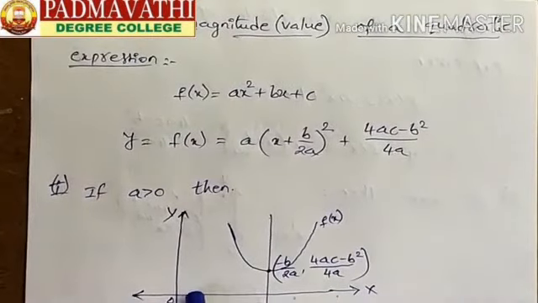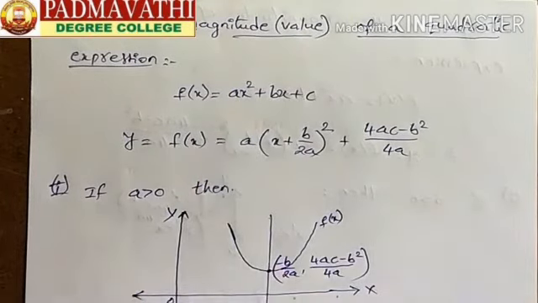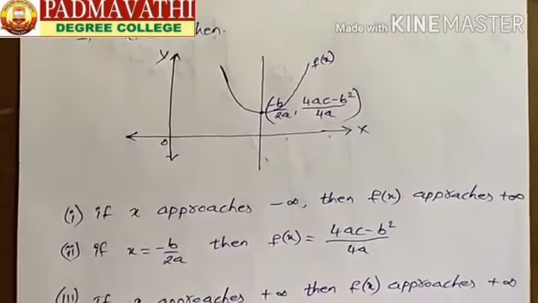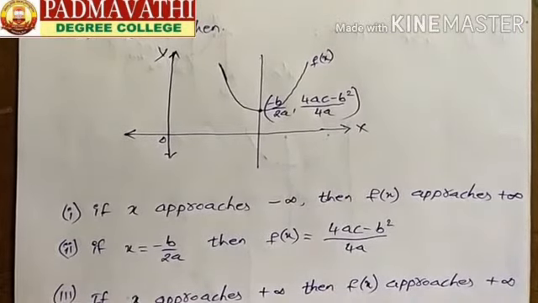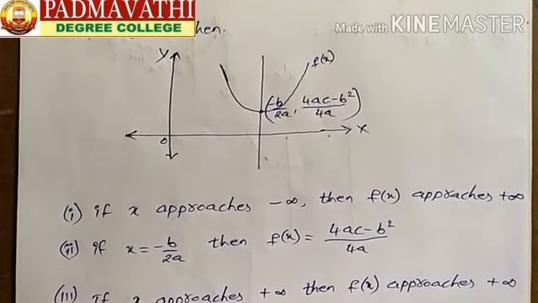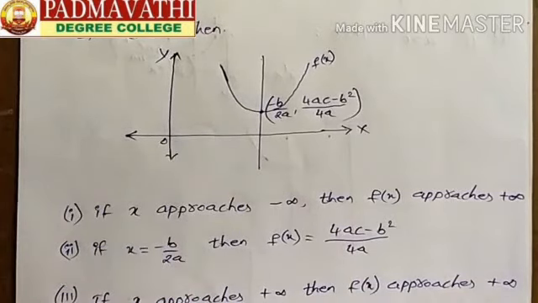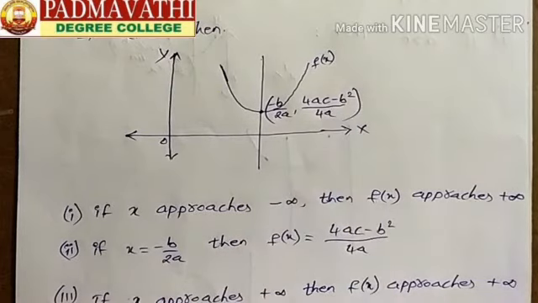Now case 1: if a is greater than 0, then the coefficient of x square is greater than 0. In this case, how the f of x value will change, we can find out here. Right. I am drawing one graph for that. By using that graph, you can easily understand these values. Now the first one, look at this. a greater than 0 means the curve is opening in the upward direction. So in this case, the f of x function has an absolute minimum at x equal to minus b by 2a, and that minimum value will be 4ac minus b square by 4a.